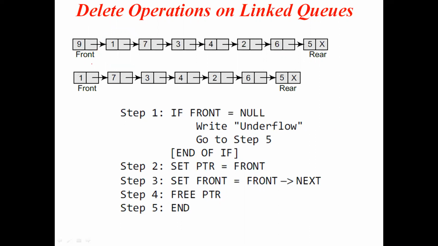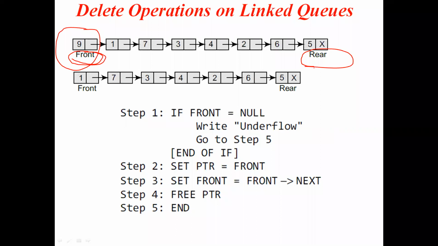So when I call a delete function, it automatically deletes the first element from the queue. So I have to update only the front variable. I don't want to touch the rear variable. Since we are implementing the queue using a linked list, unlike a circular queue, that is a different case. Okay, let it be considered that.